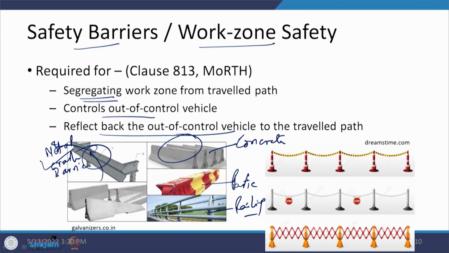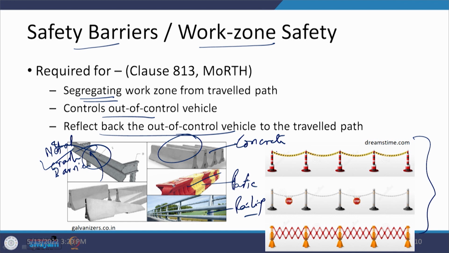Now, these railings also will try to deflect, and because multiple rails are being provided, it ensures that the vehicle is not going to the other side, and the same is the case in the plastic one. There are other ways of doing either the closure of the road or depicting that there is some hazardous situation